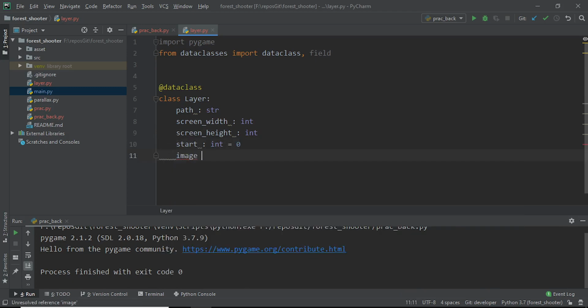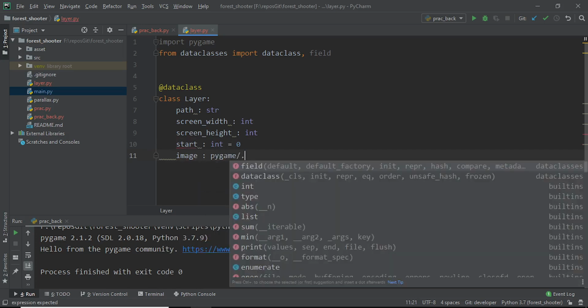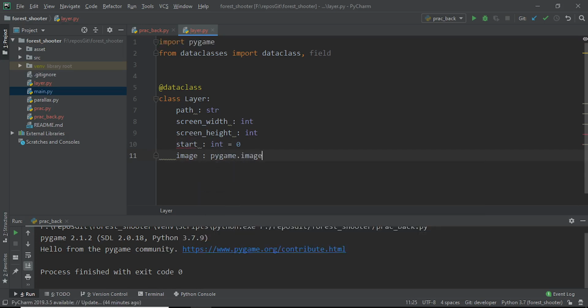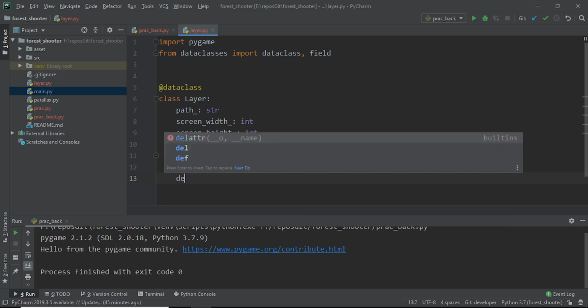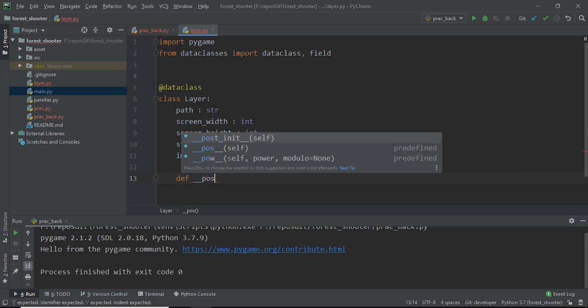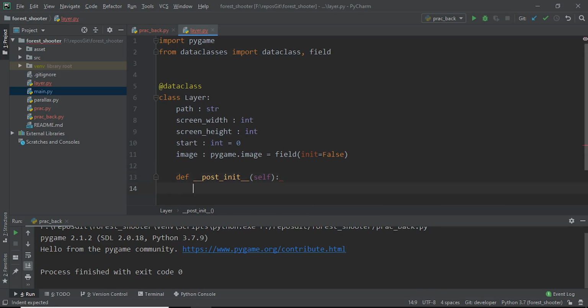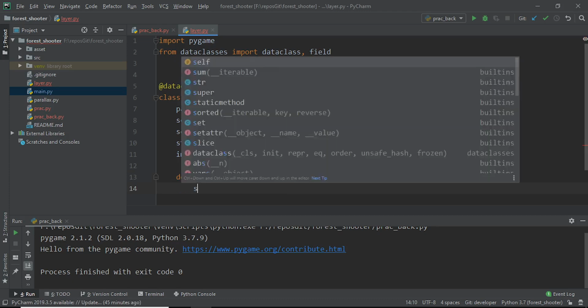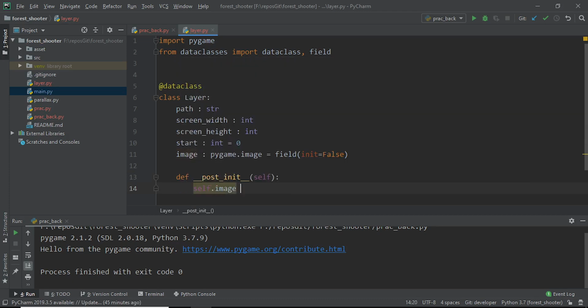Then we'll have a pygame image, and this attribute we would not specify. We would not like to specify it at the init time. We would specify it after the object gets instantiated. So we are going to use this field module and specify that init should be false. So you don't need to provide this while creating the object, and we'll be calling the post-init method. It is a special method which is used in a class, and this gets called automatically when you instantiate an object. You don't need to call it. So what we are doing with this method is we are going to load the image,